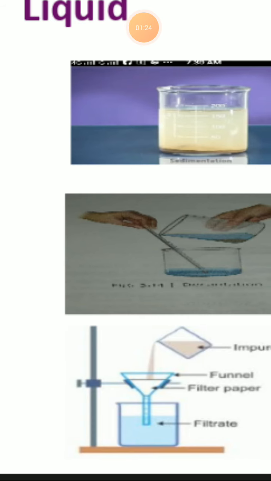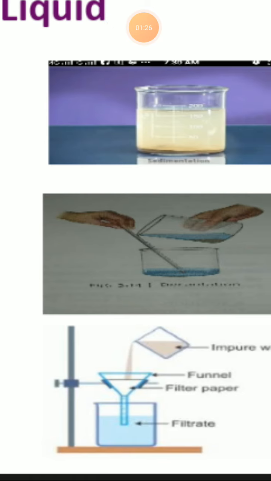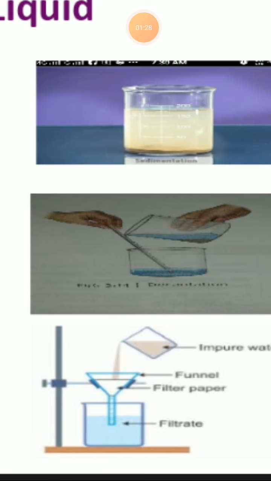Third method is filtration. In filtration, we take a filter paper. Suppose you have no filter paper, then you can use a cotton cloth also. If we have a filter paper, we keep it in the funnel and we pour this water through the funnel.